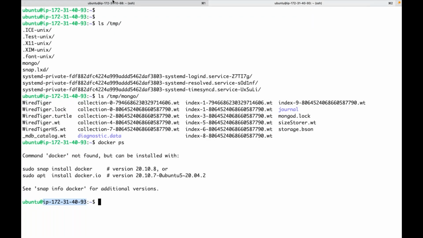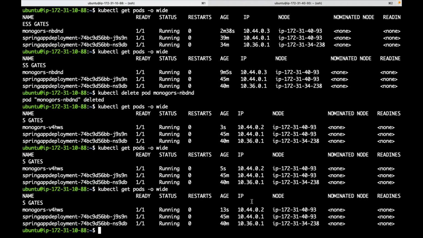If something goes wrong with this node, what does Kubernetes do, guys? Let's take that scenario. Will it shift the pods to another node?